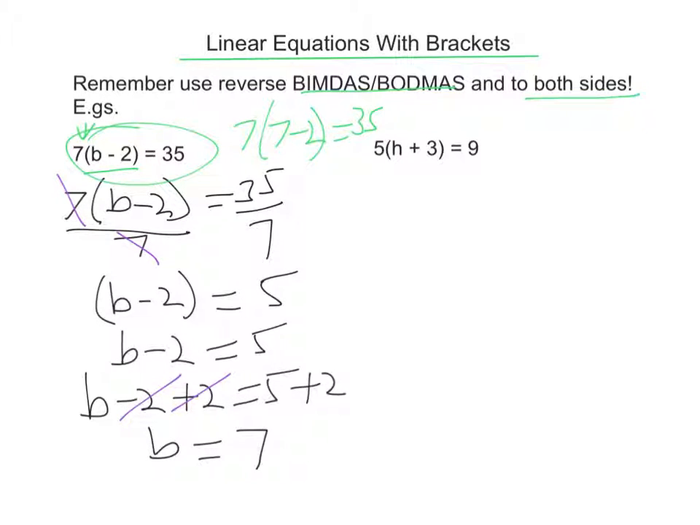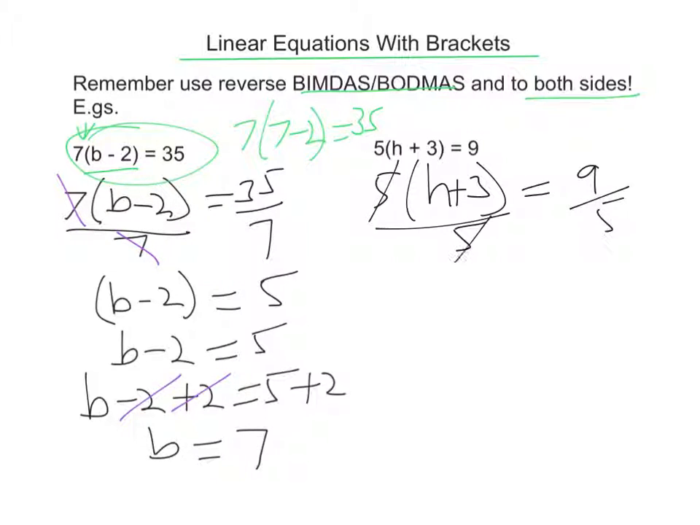The next question is fairly similar. 5 times a bracket equals 9. So we need to get rid of the 5 outside the bracket first. So 5 times h plus 3 equals 9. Divide both sides by 5. Cancels here. So h plus 3, don't need the bracket on that side anymore, equals